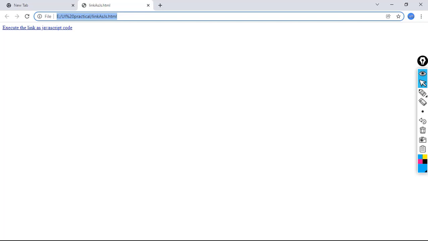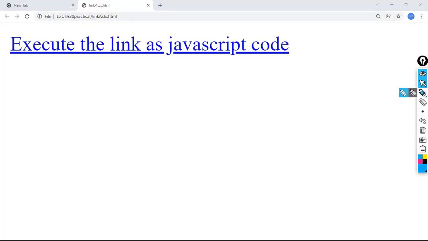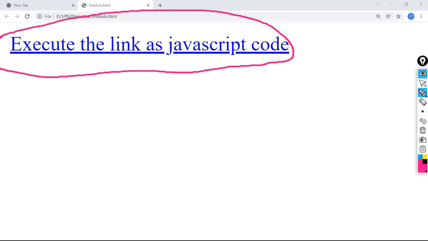For better understanding, I will increase the size of the body of the browser. What is this? This is the name of the link: Execute the link as a JavaScript code. So what I will do, I will simply click on this.